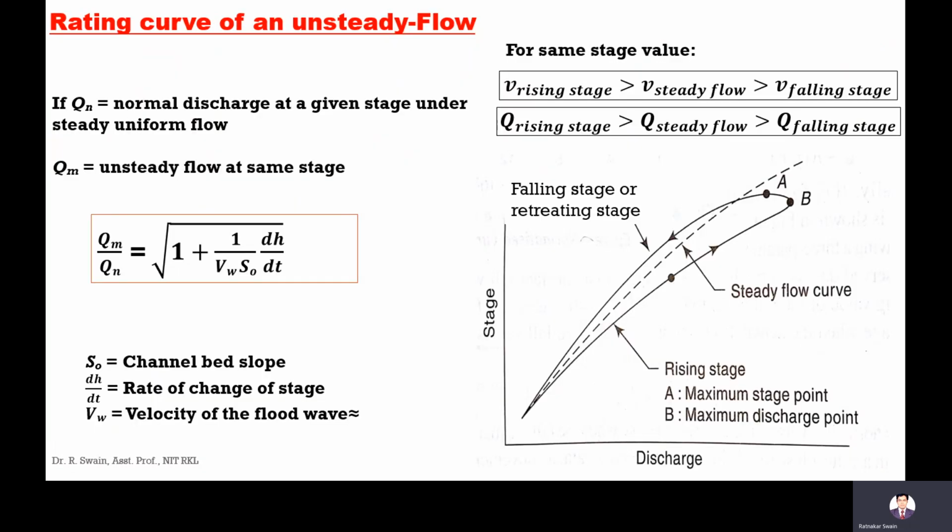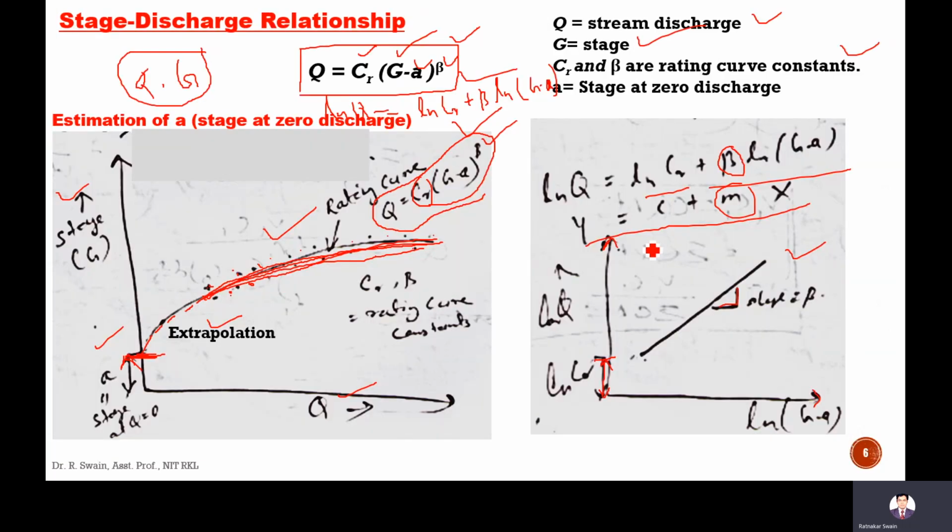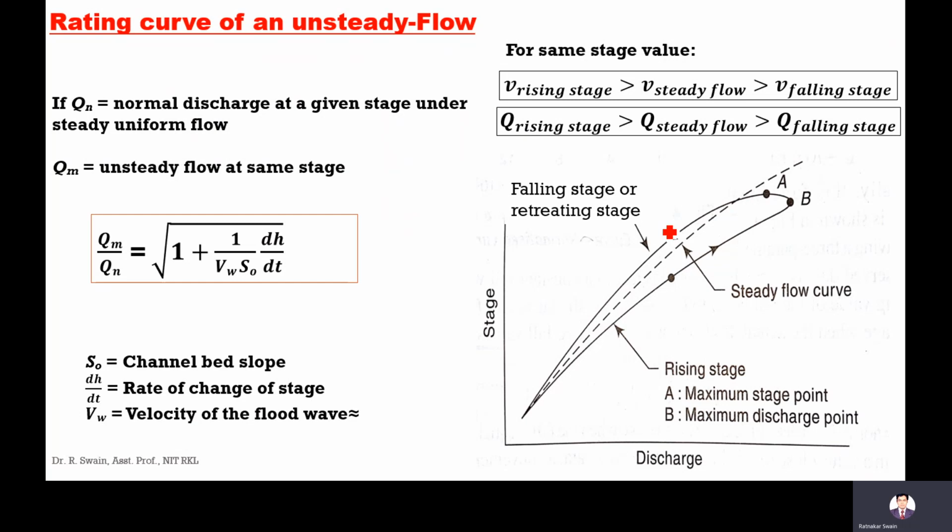So this is about your rating curve, plotting of the rating curve and development of the rating curve of a particular station. This is steady flow. Till now we have considered steady flow. At your BTech level, the syllabus should be up to steady flow. The rating curve for unsteady flow is actually not required and not in the syllabus, but I am just discussing it.